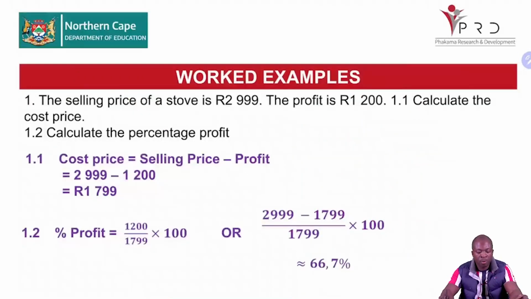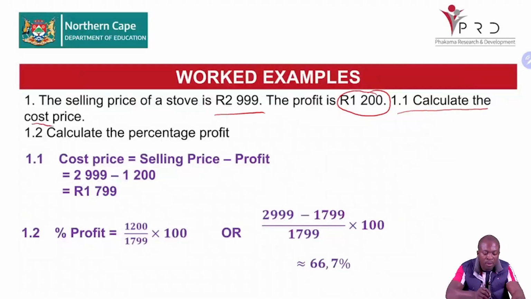All right. So I have done some questions already for you because we will be doing our activities. The selling price of a stove is 2,999 Rand. The profit on this is going to be 1,200. So my first question to you is calculate the cost price. Let's do that. We'll come to 1.2. So the cost price is going to be the selling price minus the profit. What is the selling price? 2,999 minus the profit of 1,200. When we subtract the two, we are going to get